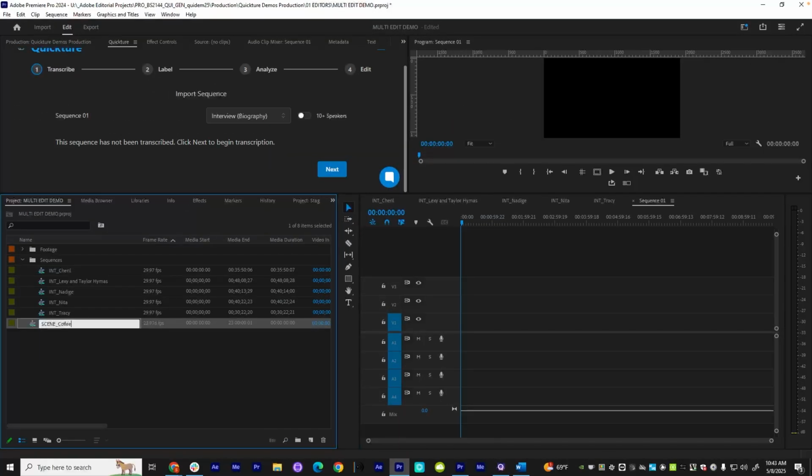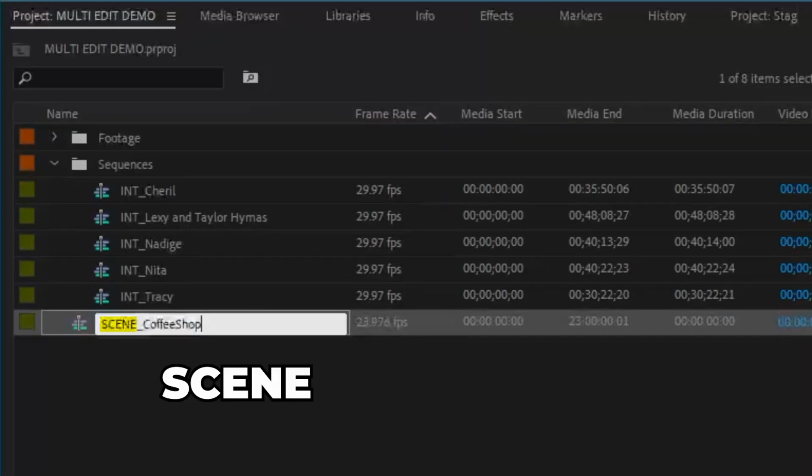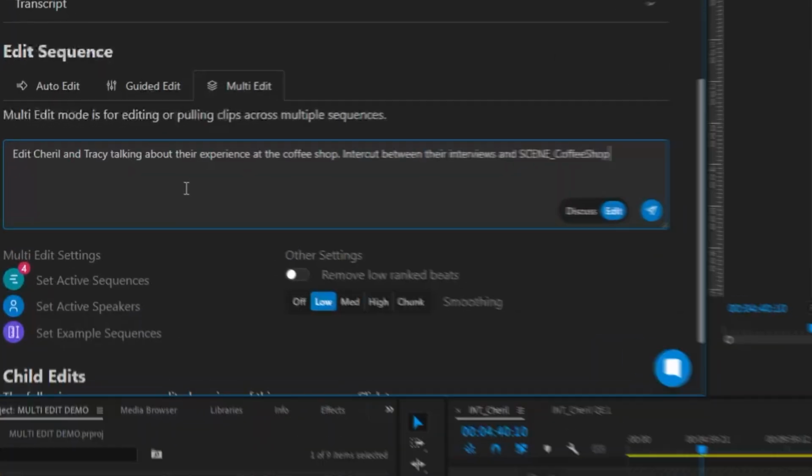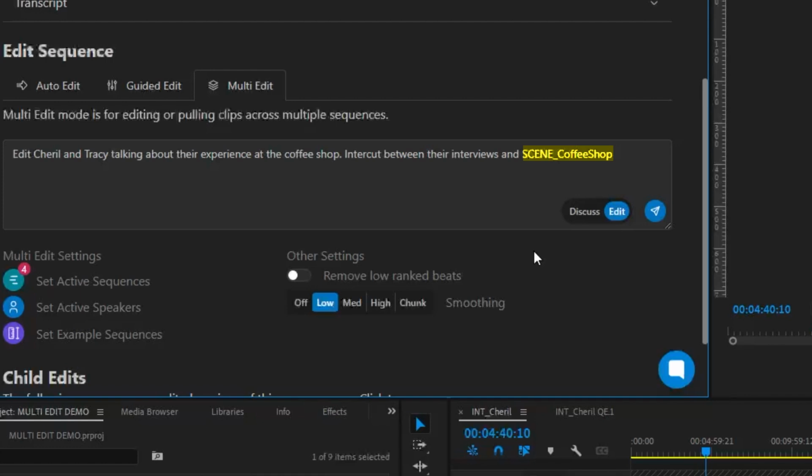Name your sequences with descriptive names like scene or INT for interview, or use the character names. Quickture can interpret these sequence names so it understands what's in there. You can also include the sequence names in your instructions if you want Quickture to use the footage in different